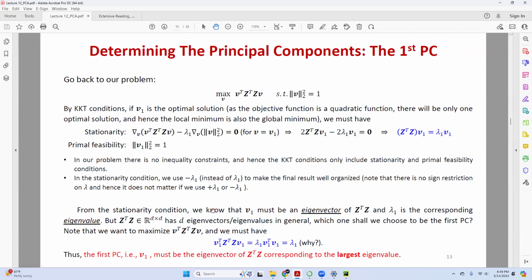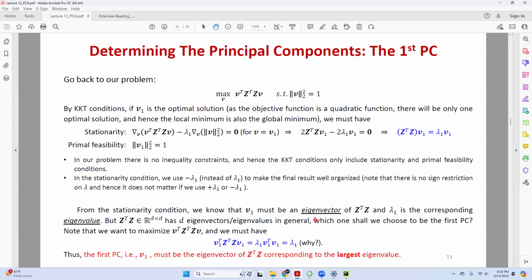And because ZTZ has dimension D, in general it should have D eigenvectors and D corresponding eigenvalues. But here, what I want is to find the maximum of this one. This just tells you that it is an eigenvector and an eigenvalue. But which one? I totally have D eigenvectors and D corresponding eigenvalues, right?